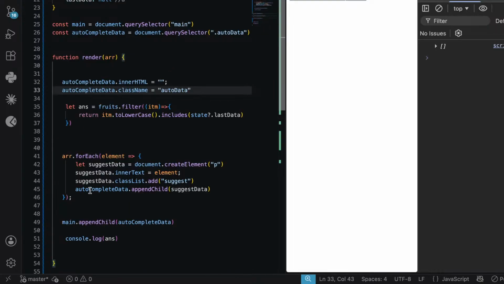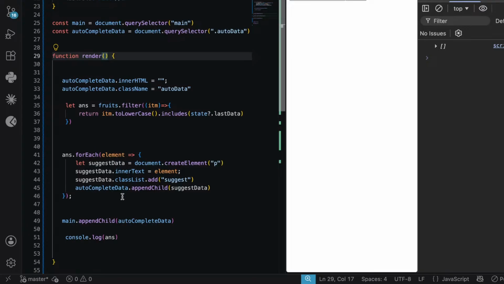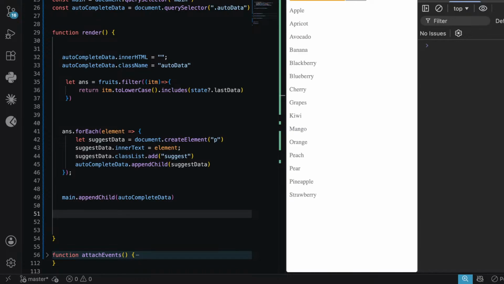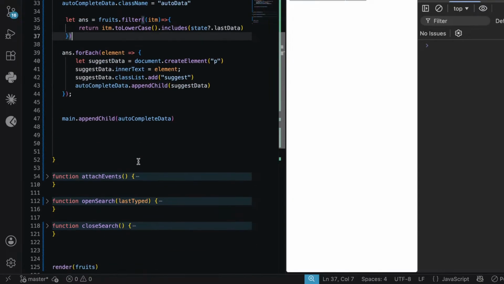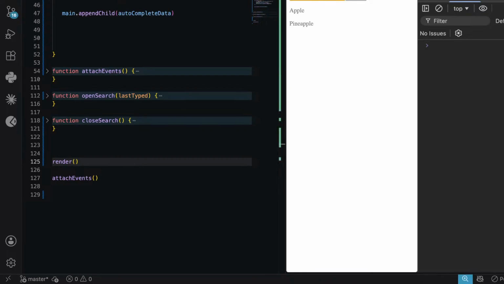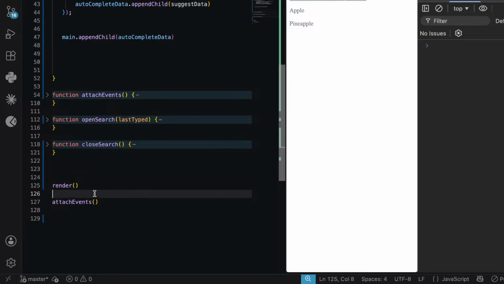Okay, so we have two loops here, and now instead of having this, we are having ANS. Now we are not going to pass this any array, right? And let's check how it looks. We have an apple. Okay, it's working fine. Let's have a banana. Yeah, it's working fine. And X, no result. Okay, we got it, and we finally completed this. Now we don't have to pass any fruits here. We can just do this. Yeah. So now our render is